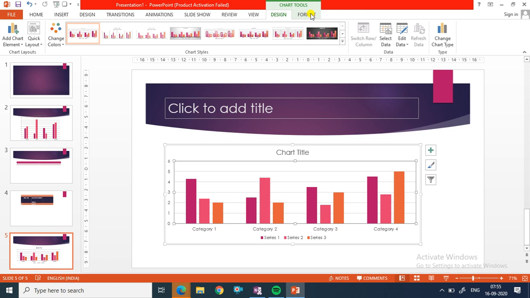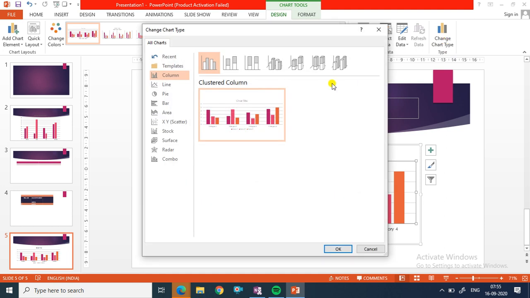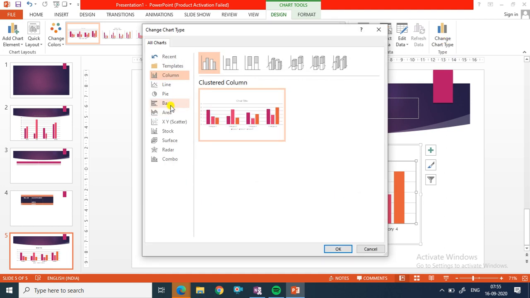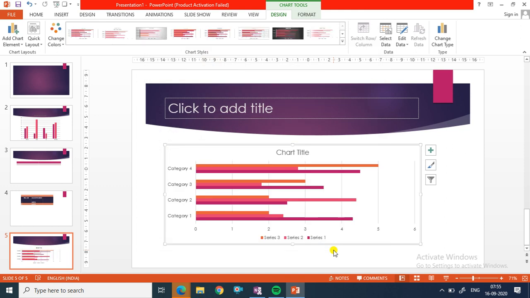Click on the design tab. From here you can change the chart type. Suppose I want a bar chart. In this way or in this way, just click on it. So in this way you can easily change the chart type.